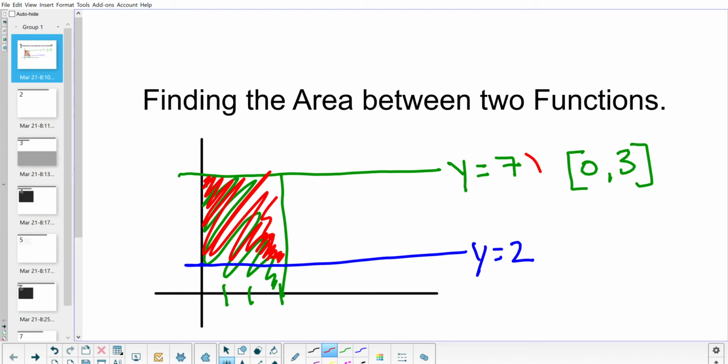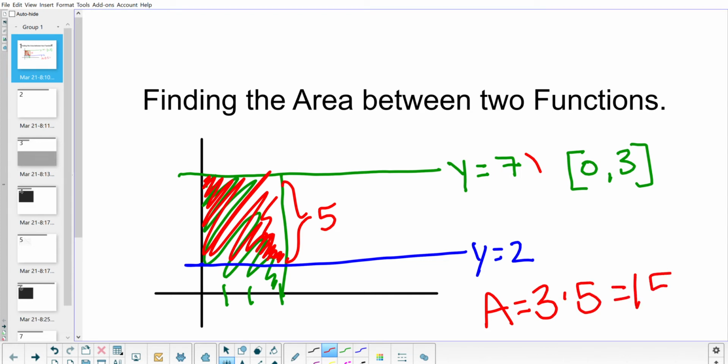Okay, well, that area still has a base of 3. And now its height is not all the way to the x-axis, so it's 7 minus 2. So right here, this would be 7 minus 2, which is 5. So 3 by 5, that's an area of 15. Okay, that's how you do it geometrically with area. How do we do this